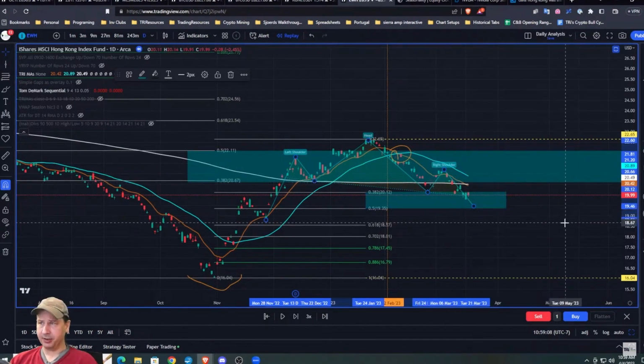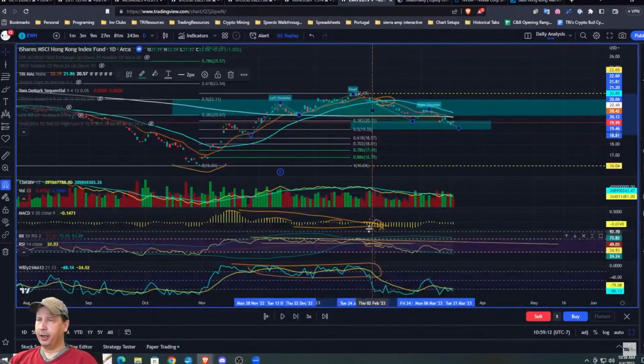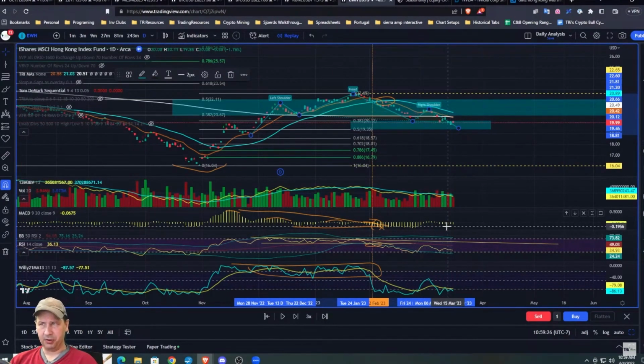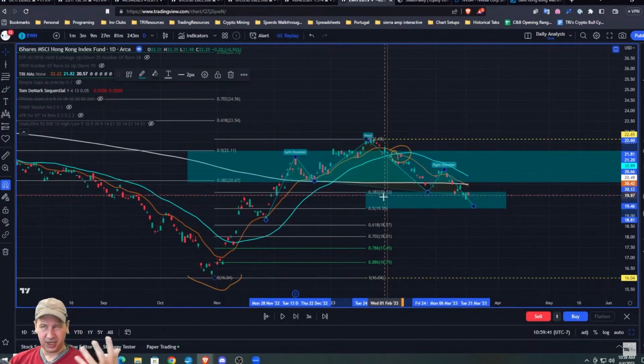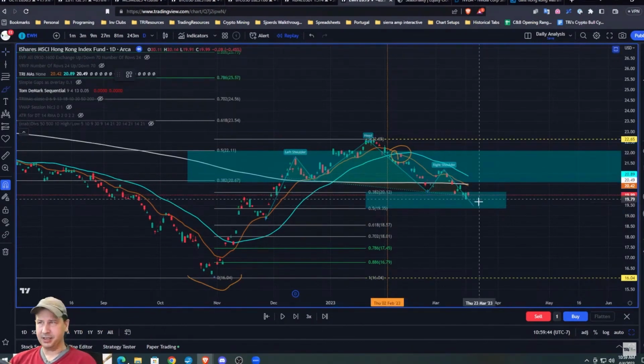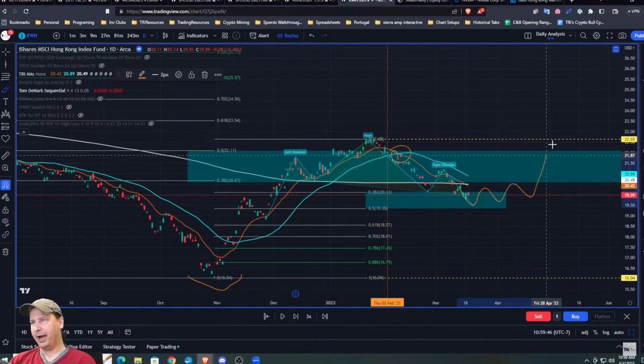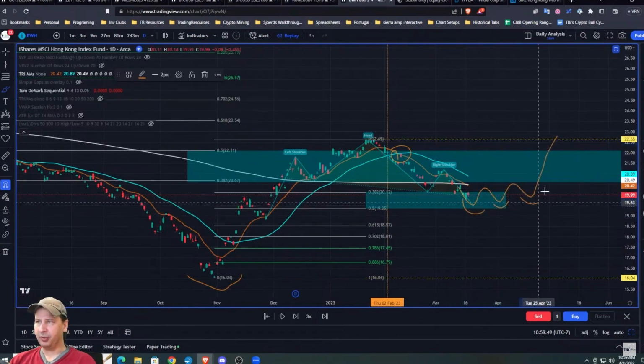What else can we say here? Oh yeah, we wanted to see whether there was some divergence here yet. Yeah, so you can see we made a lower low here. We made a higher low here, even though we made a lower low in price. No divergence has actually been confirmed yet, though. This is what we would call potential divergences. Now, remember, this was as of when you asked me to look at this originally. So my response would be at this point, we've got the pump chaser zone. So if we did start to see things like 3 higher lows, then maybe we can start thinking about like